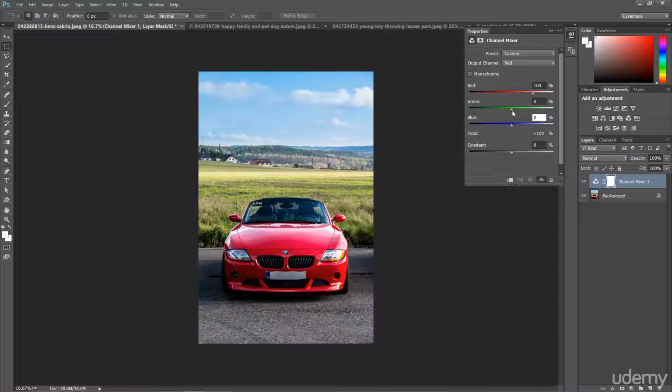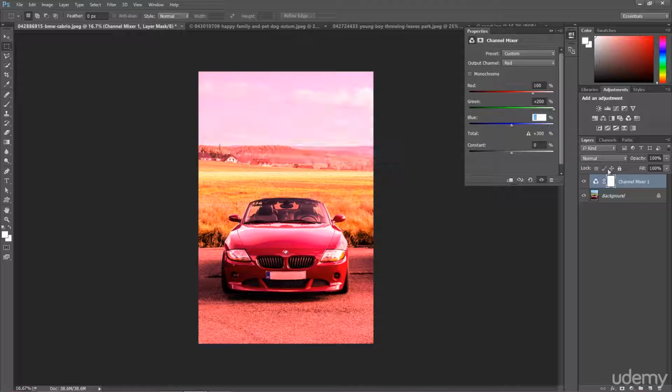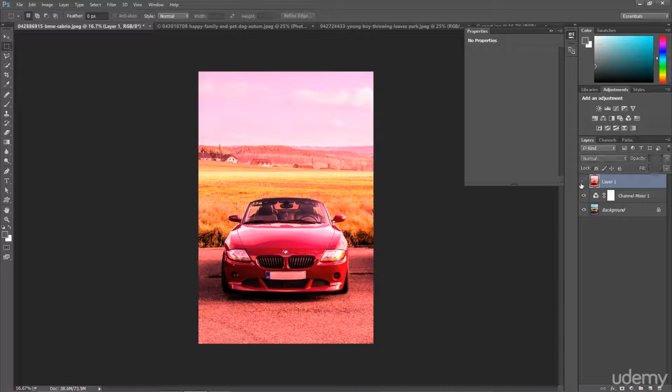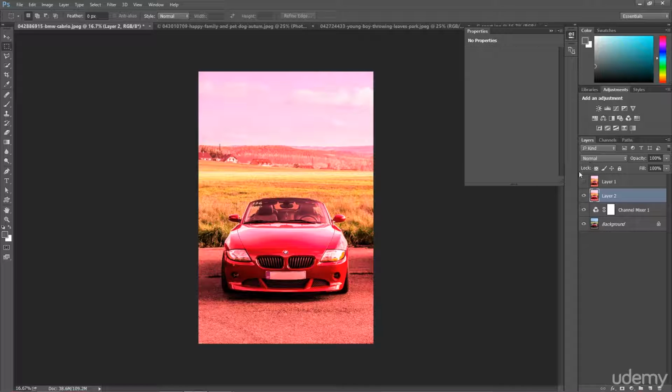So at first, let's bring this up on the green. I'm going to create a stamp on the top. To create a stamp, I'm pressing Alt, Control, and Command Shift and E. Now I'm going to turn this off, and I'm going to change these values over here and do this once again. So I have 2 layers,